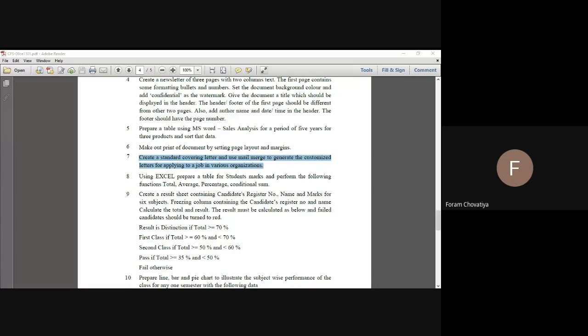Do you have any idea which two types of tasks we have to follow to perform this practical number 7? Okay, if you don't have any idea, don't worry, I will explain.